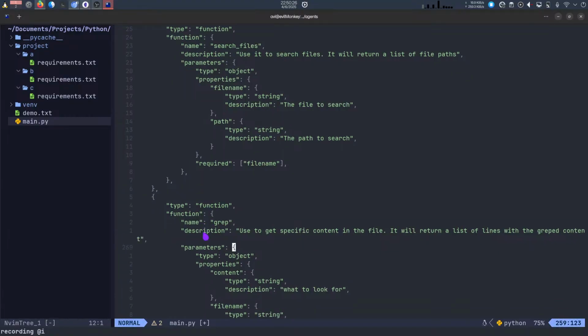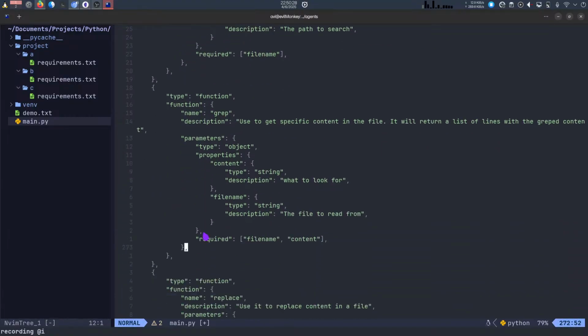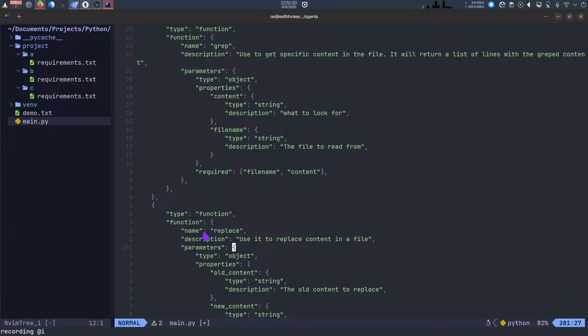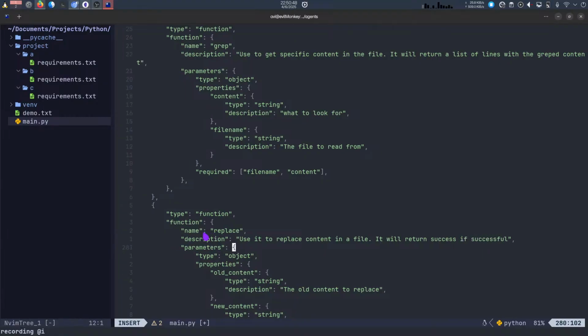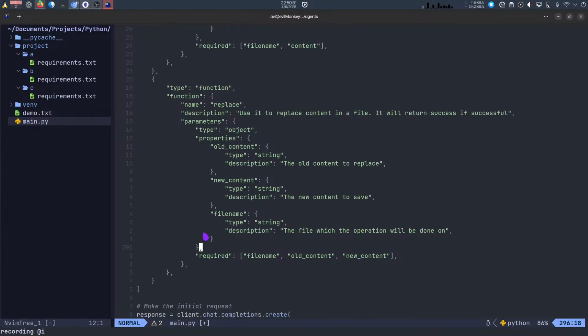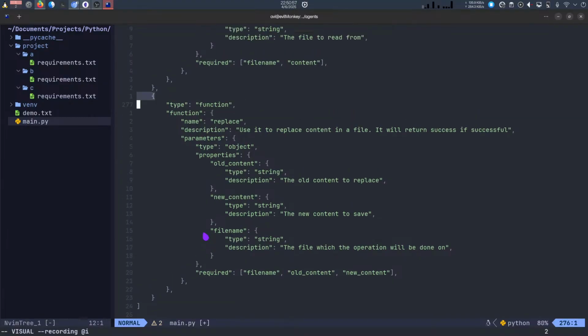Cool. Replace will return success if successful. And finally, I'm adding this